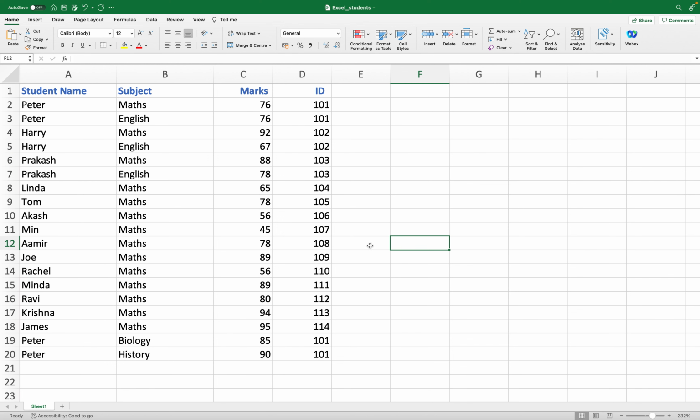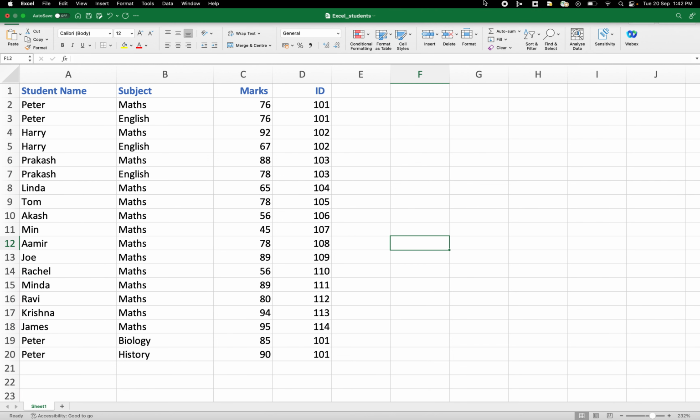So now what I want to do is search in this Excel sheet wherever the entries for Peter are. The first way to find out what those entries are is to go to the top of the Excel sheet, and you will see a search bar here. It says Search Sheet, right? So click on this, and here you can enter Peter,